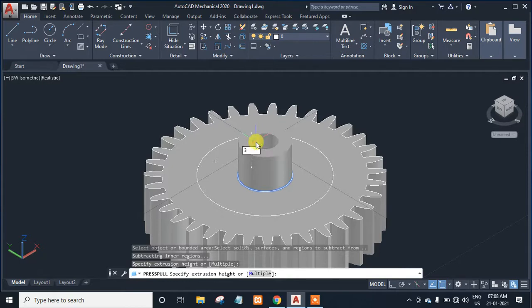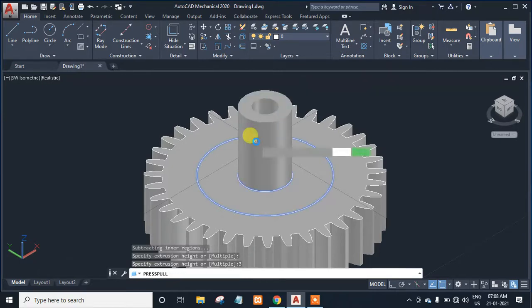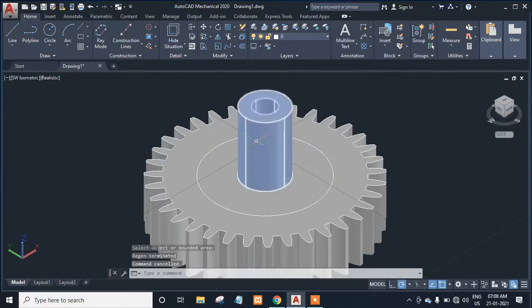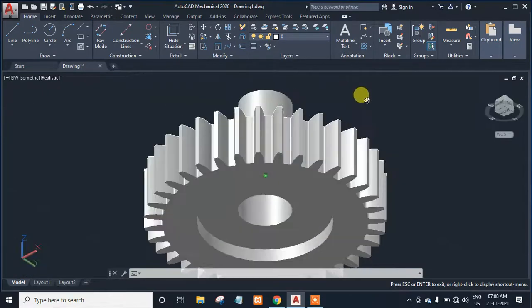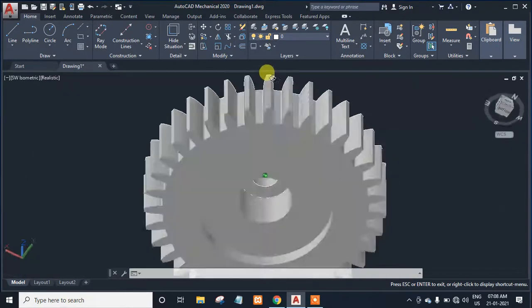Okay, now see the gear is ready with one shaft. Okay, how the gear is looking you can check in the different view. See how the gear is looking in 3D.